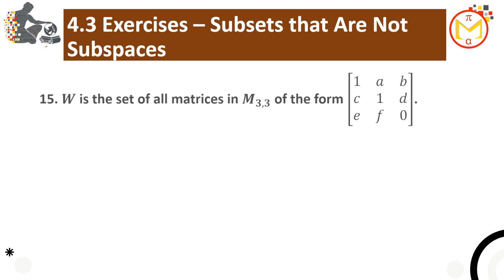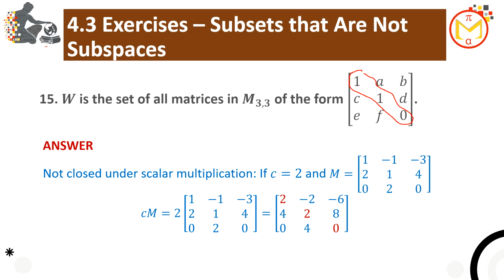All right, what about the set of 3 by 3 matrices? Okay, let us consider this. Even here, we can say, if you do the addition, what will happen? This will become 2. Oh, not closed, because if you do scalar multiplication, this will become 2, 2, 0. It should be 1, 1, 0. Okay?